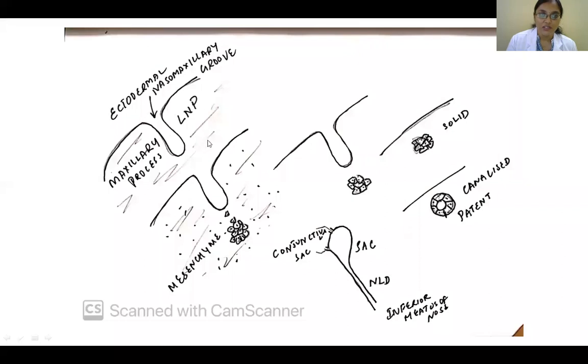And what is below this ectodermal line? This is all the mesenchyme. Now, this region is particularly important because it has to form the nasolacrimal duct. Your eye is developing here, the nose is developing here, and we need a communication between them via the nasolacrimal duct. So what is the obvious place that it has to develop? It has to develop in this region that is between your lateral nasal process and your maxilla.